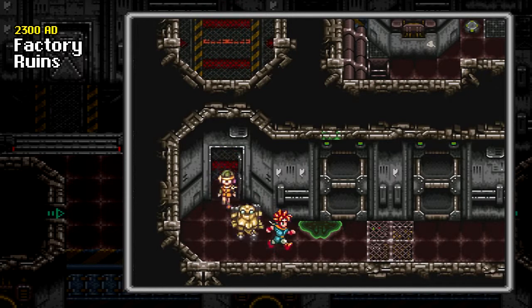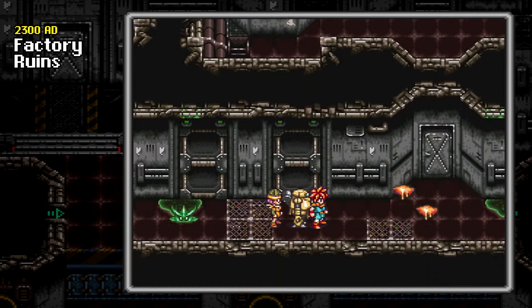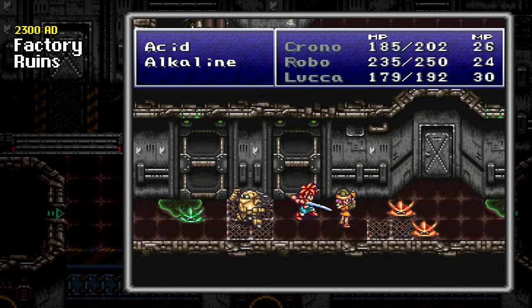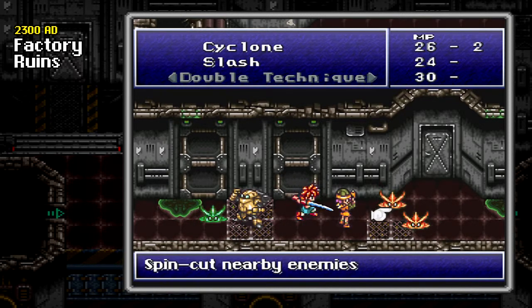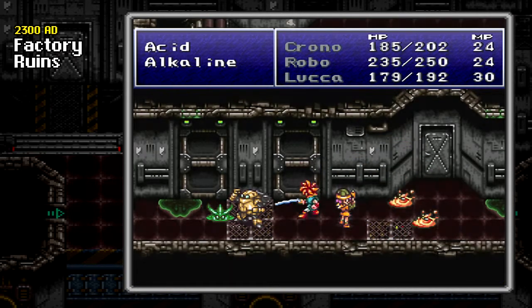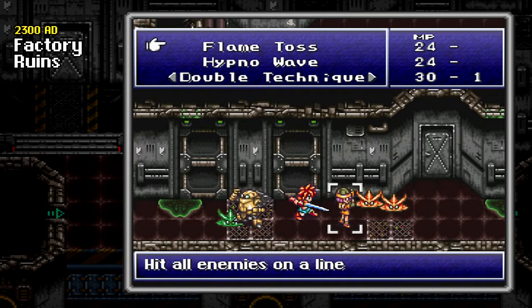Alright. What else has this place got to offer? More jellies, slimes, alkalines, and acids. These are like your typical slime monsters, I guess. But yeah, I can wipe them both out here. No, or not, that didn't really do nothing. Maybe it's just Slash that they're...